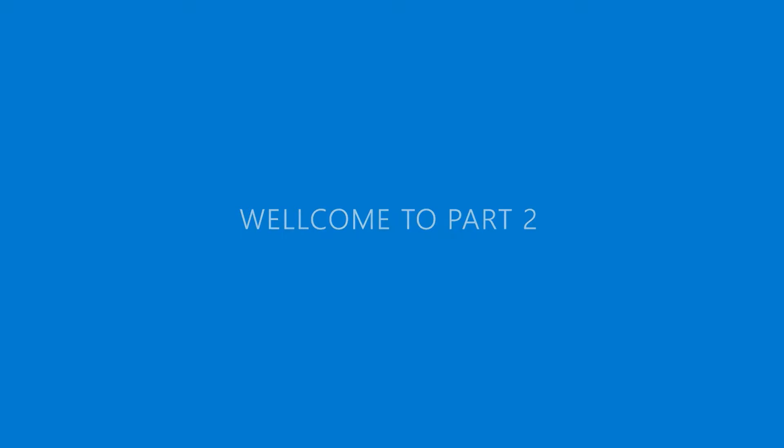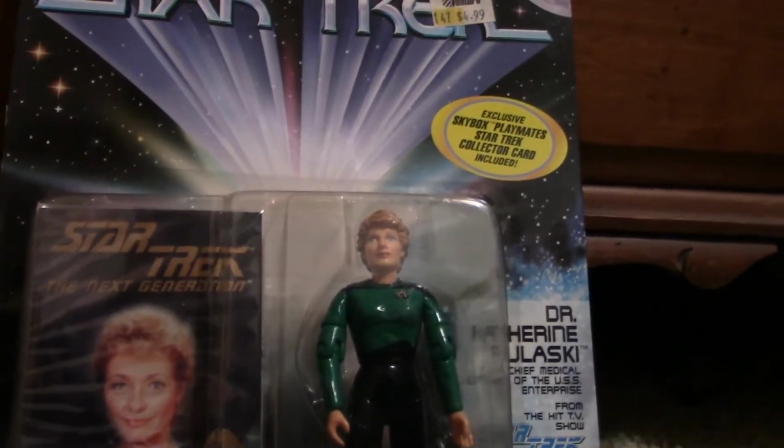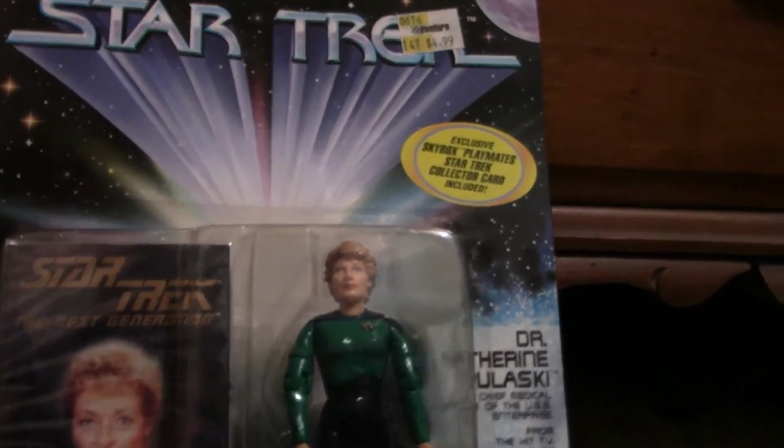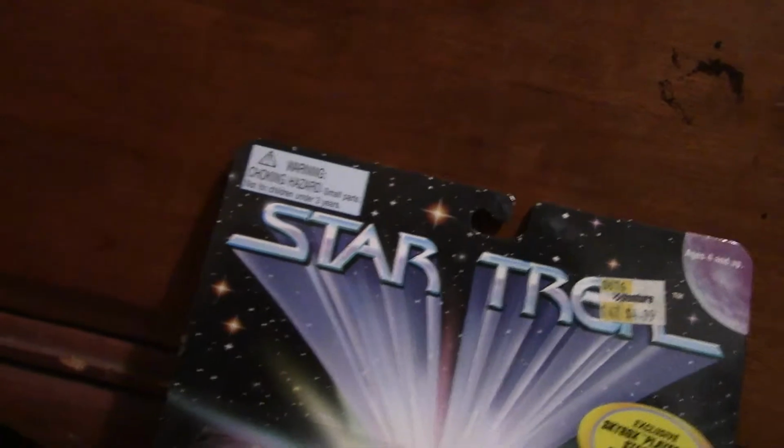Welcome to part 2. One figure here that was part of the main cast, and then we're going to have two more figures that were sort of oddball characters that I'm either going to keep in the package or just, whatever. But anyway,